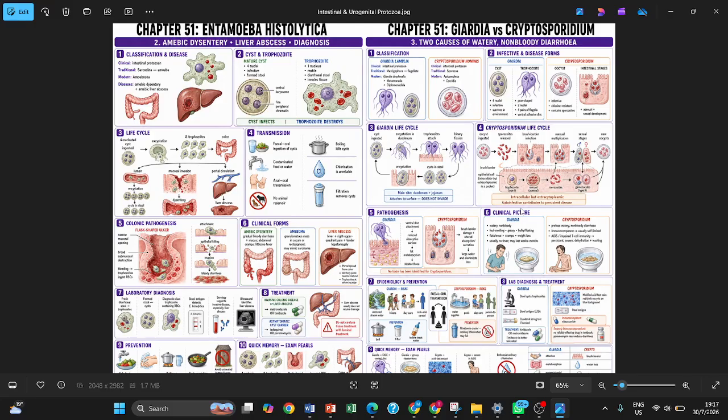So, still on the clinical aspects, you see that Entamoeba also has a lot of clinical aspects in addition to diarrhea, unlike Giardia and Cryptosporidium, which are mostly denoted by diarrhea. But for your Entamoeba histolytica, you can also have secondary symptoms in other sites. So, for example, and this is because the Entamoeba histolytica,